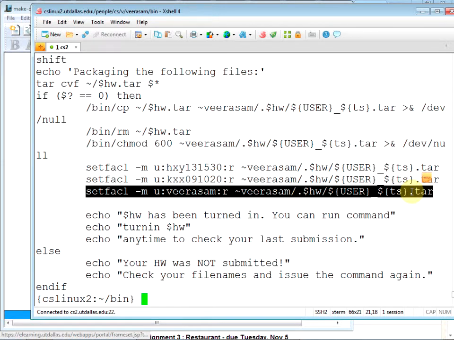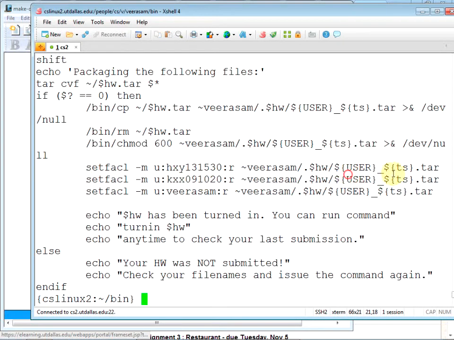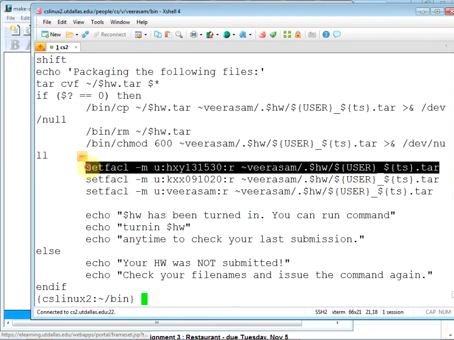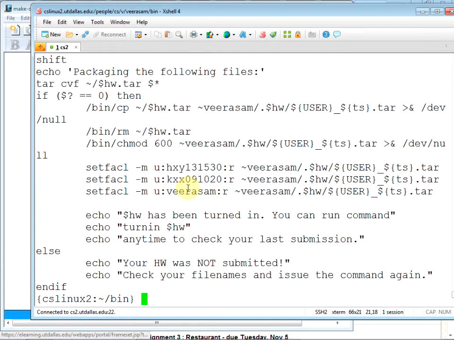You are giving me the read permission, you are giving the TAs read permission too, and I am making sure that nobody else can read. First change the permission so that nobody else can read, just to be sure, and then we are basically giving permissions for, other than you, only 3 of us.